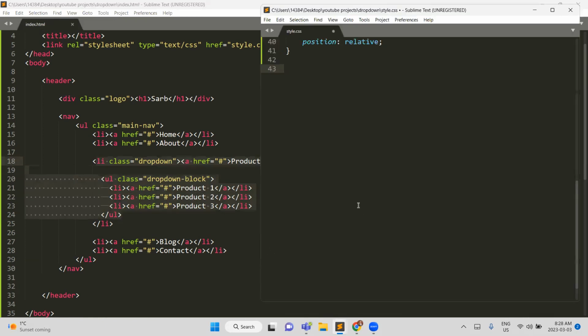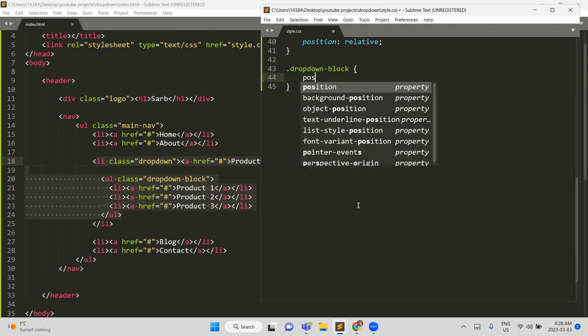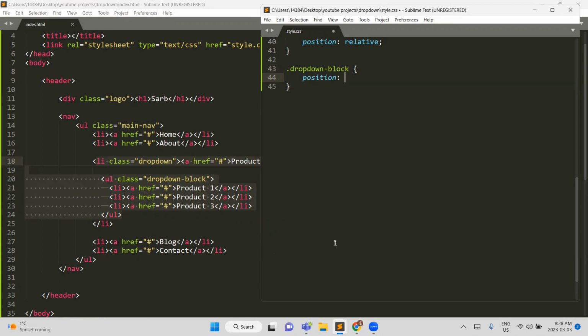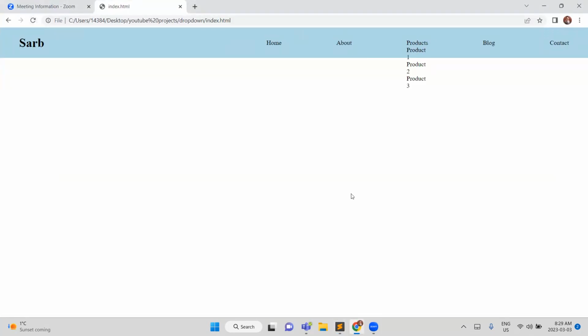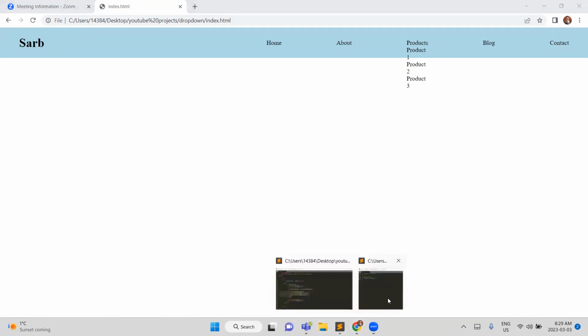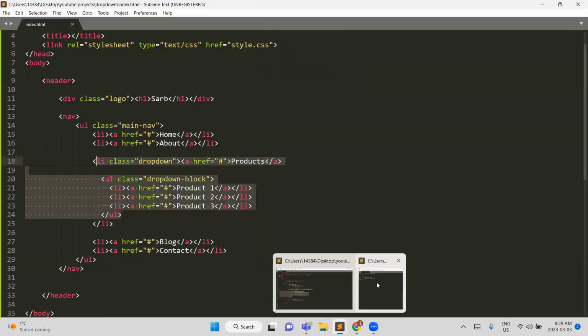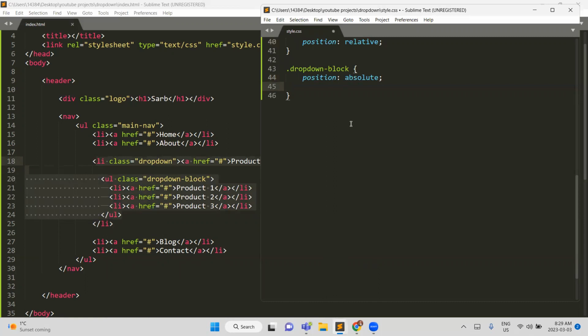Okay, so you can make it dot drop down block. So this will now move according to the top of its parent, that is main drop down. Okay, so I'm going to then give them position absolute. Okay, so it will remain there now. Okay, so you can see position absolute, so it will come out of that, and then you can set it to position absolute and make it like a